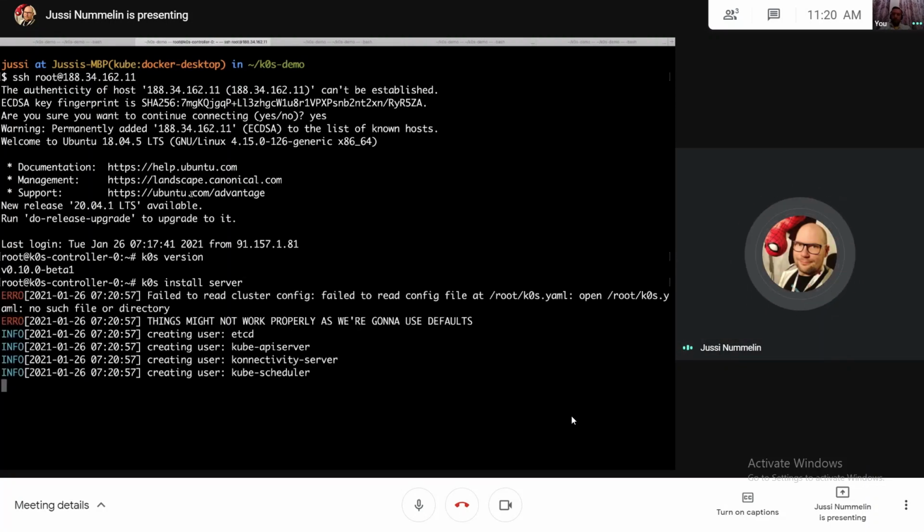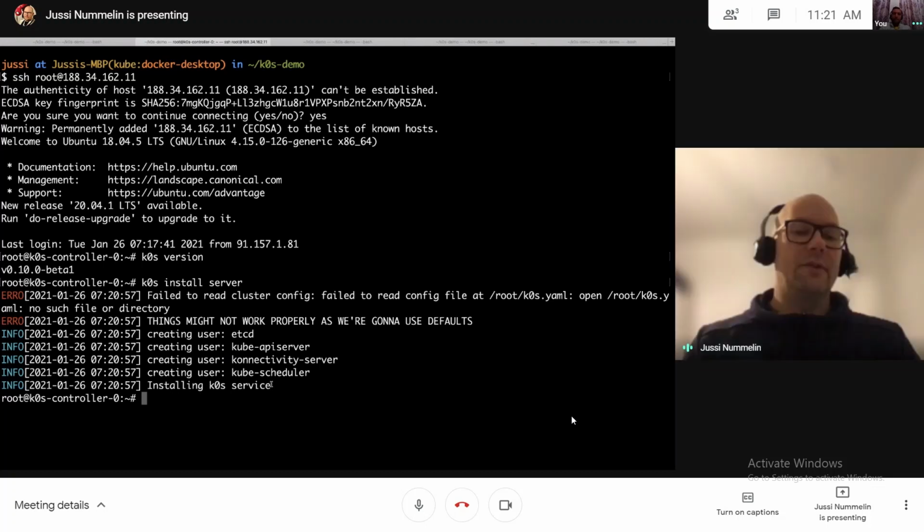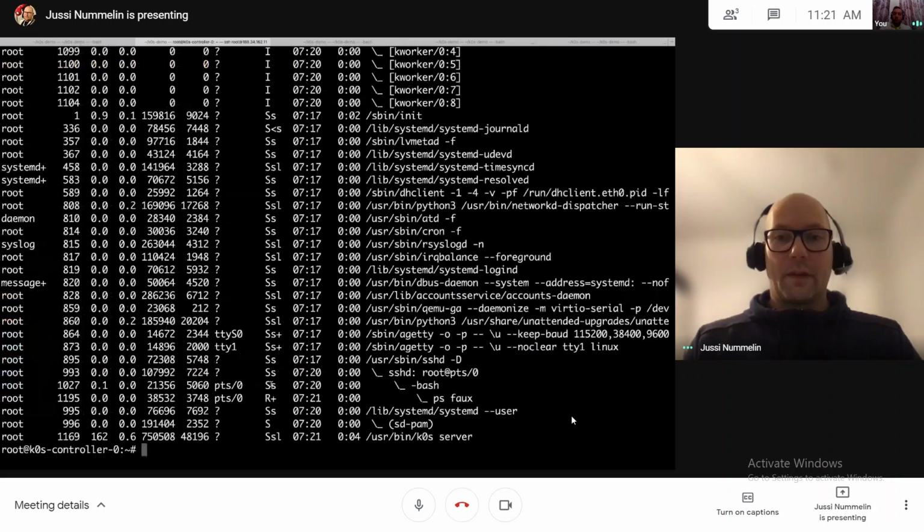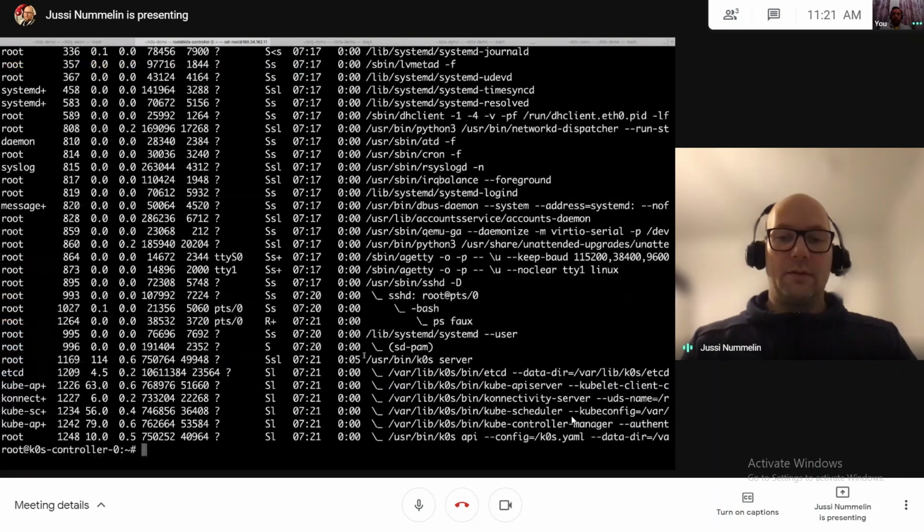It creates all these users for different kube components and processes, and it installs K0S as a systemd service, because this is an Ubuntu box, so systemd is available. Next I can run systemctl start K0S server service. Voila. In a few minutes, you'll see that the K0S server process is running, and it manages all the etcds, API servers, everything for me.